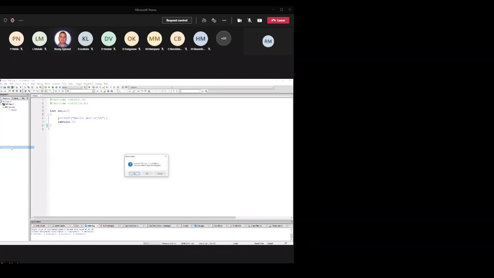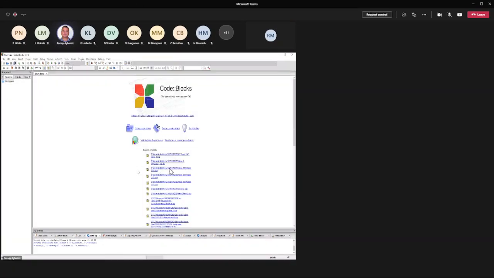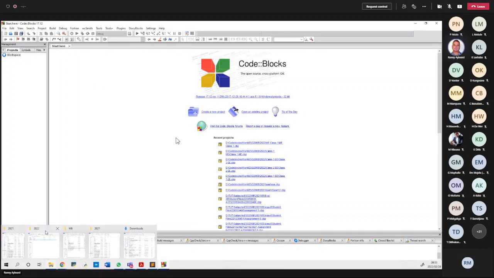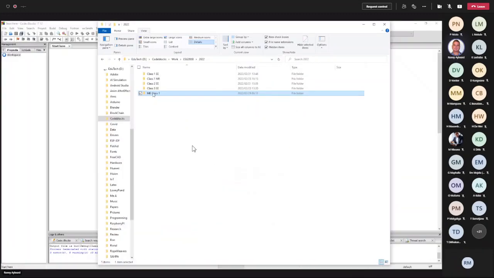So first of all, we close the project, so if there are any changes, it makes sure that it saves them. Now we need to go to the directory where we are working. So this is the one that we saved. We normally say Control-C, Control-V. Control-C is to copy, and Control-V is the shortcut for pasting. Then we are going to rename this one. So now we are going to do class 2.